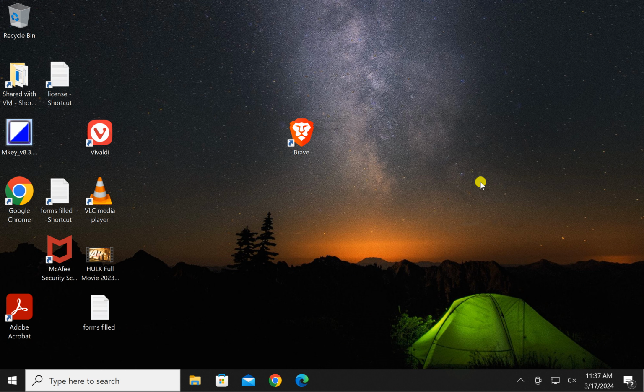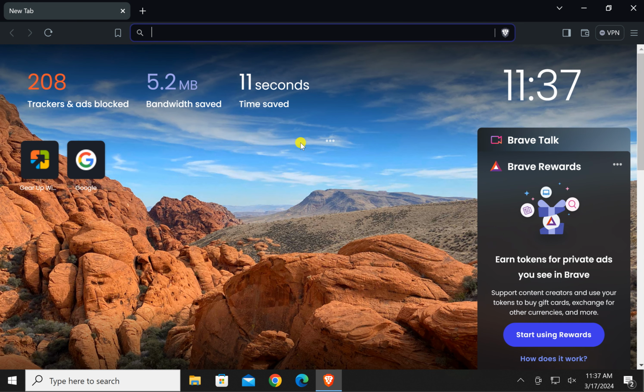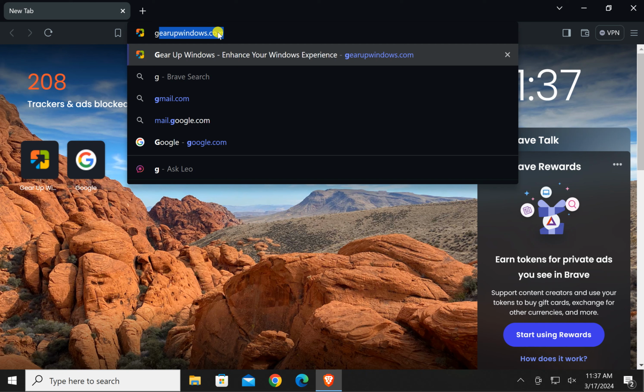In this video, we will guide you on how to enable or disable Show Autocomplete Suggestions in Address Bar in Windows 11 or 10 PC. When you start typing on the address bar on Brave browser, such as we have just typed G, and it offers me to search gearupwindows.com.